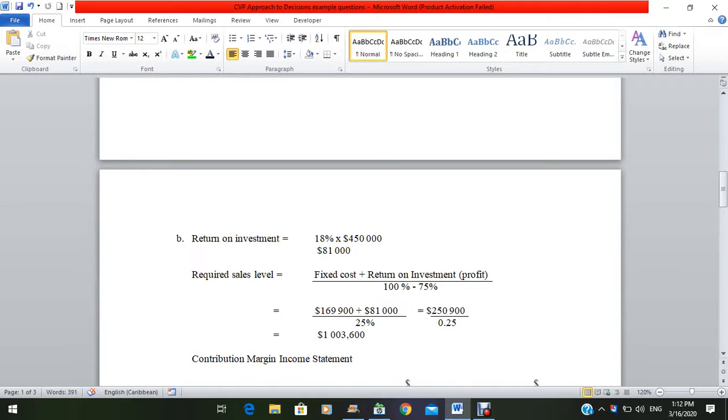In this case, the fixed cost is 169,900 and the return on investment is 81,000. Add them together and you get 250,900, divided by 25%. Why? Because 100% minus 75%. Remember, 100% represents the total amount of sales, and this 75% represents your variable cost percentage, which you have done before. Now we divide 250,900 by 0.25, and we get a required sales figure of